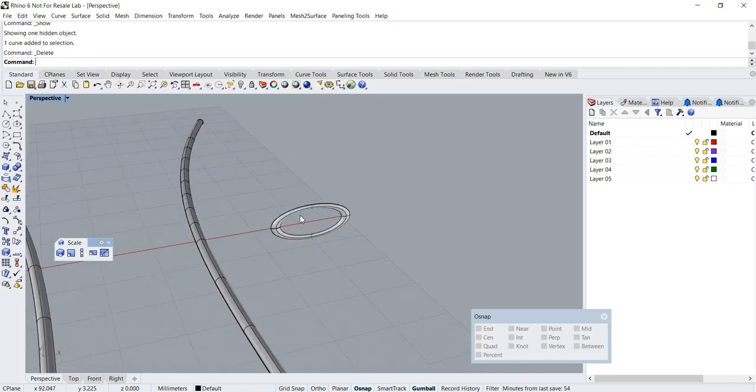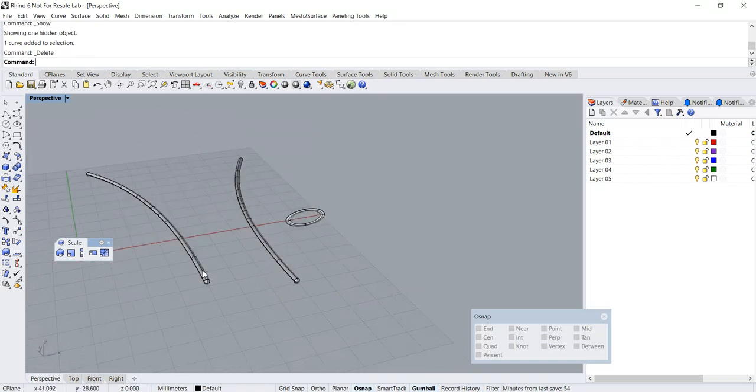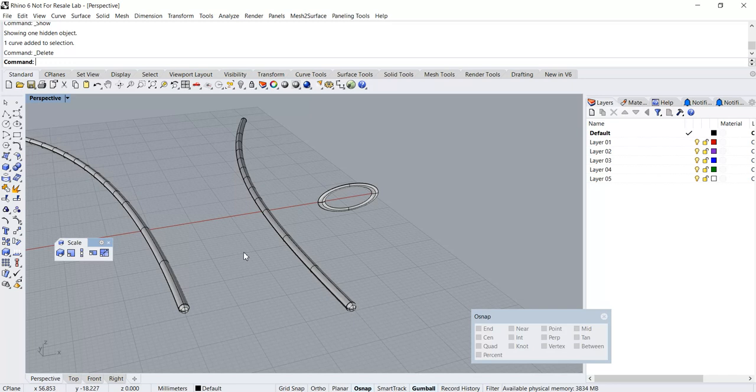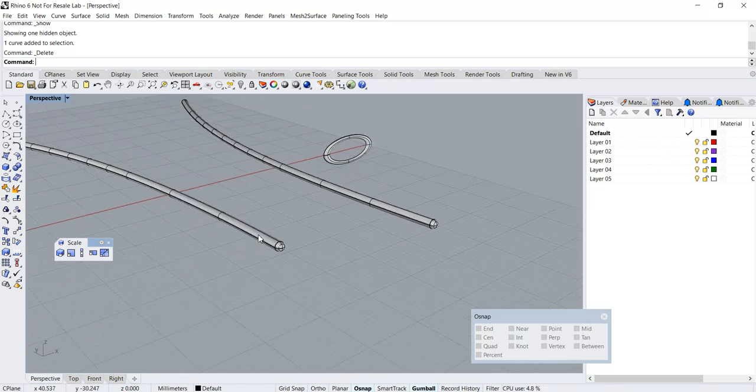Okay, I want to place this thing around here and scale it nicely. As you can see, these are surfaces. It's very hard for us to get the locations. So one trick that you might want to use is to create guide curves that will help assist in accurate snapping. So what I'm going to do is